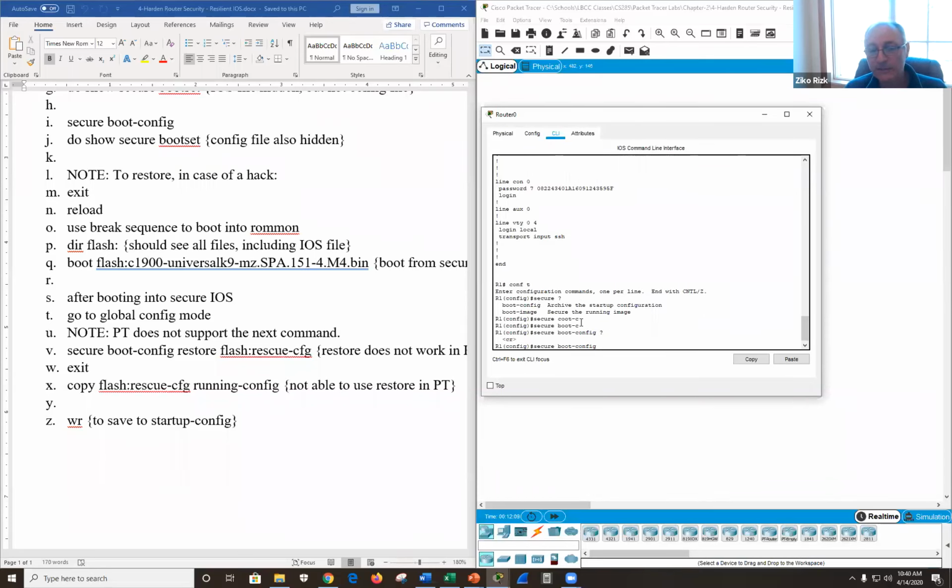And that's all I can do. So this is basically telling me you've run out of choices. Packet Tracer doesn't support those options. But we can certainly restore the proper iOS in Packet Tracer.